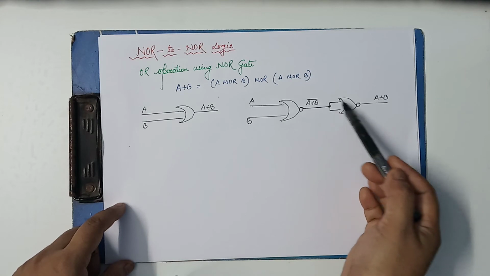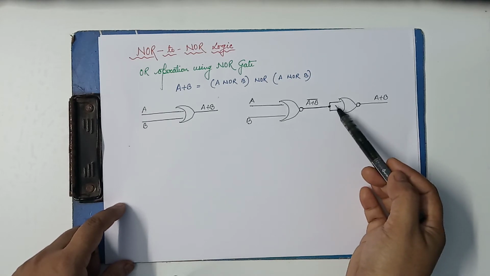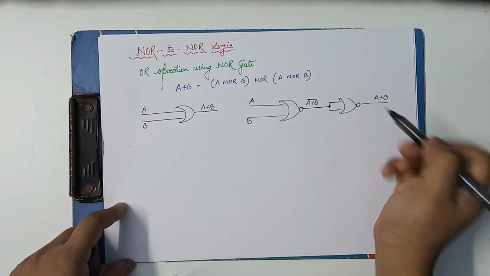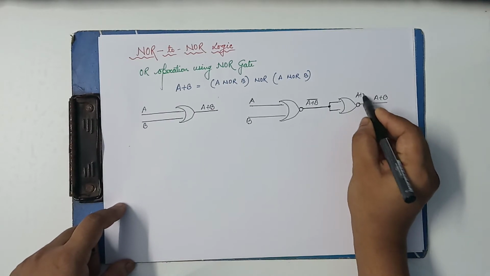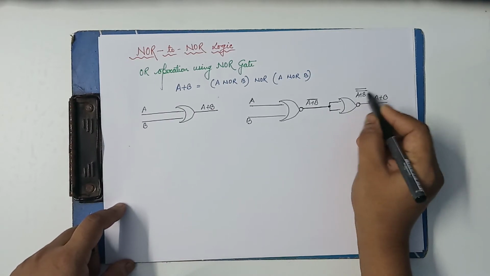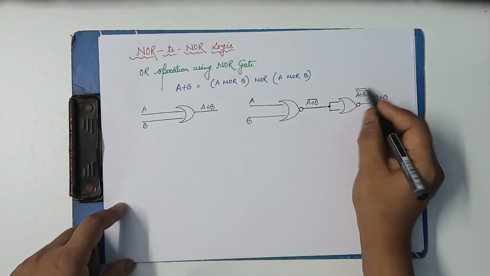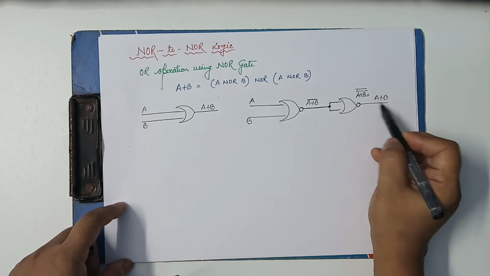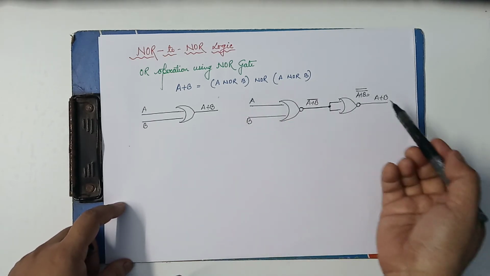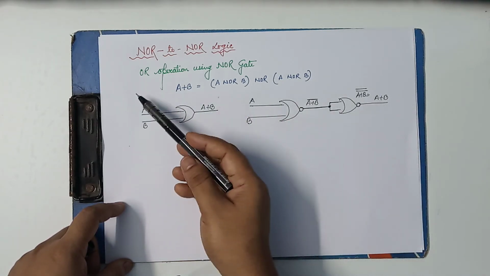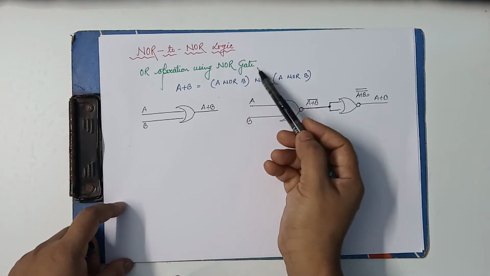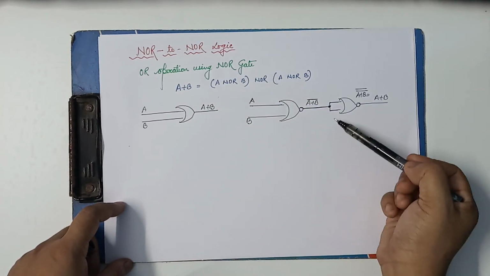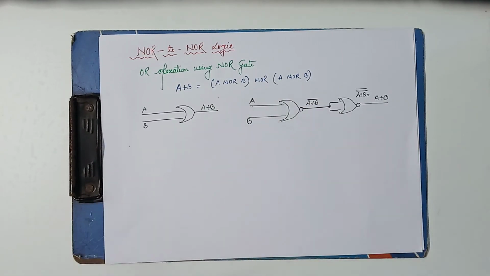We have simply applied over here the NOR gate, which is behaving like a NOT gate. So after applying this, what will happen? It will be a double complement. By the involution law, this double complement will be removed and we will get the output as A plus B. So if you compare both the outputs, they are the same. So in this way the OR gate can be implemented using the NOR gate. Here two NOR gates are required to implement one OR operation.